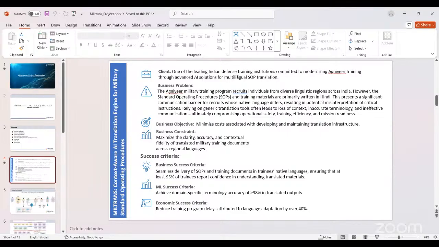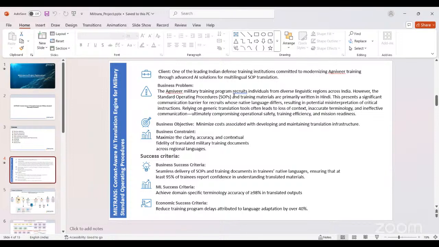The client is one of the leading defense training institutions in India. So what is the problem the client is exactly facing? The trainees in the training program come from different regions, so the major issue is language. Most of the standard operating procedures are in Hindi, so it takes too much time for people from all those regions to understand.